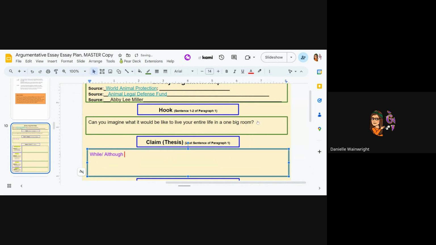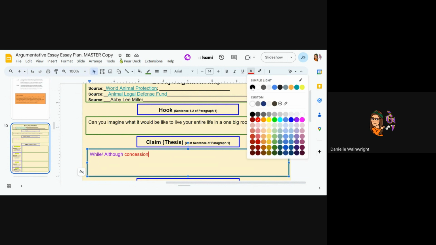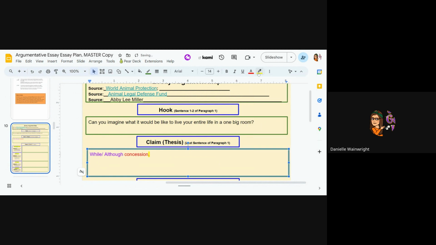And then you're going to have your concession. And then you're going to have your comma, which needs to be in black, actually it can be in red, doesn't matter, and needs to be highlighted. Then you're going to have your thesis, which is whatever you're writing about. So for me, I think my pretend thesis said something about junk food, but whatever. These are all just samples.